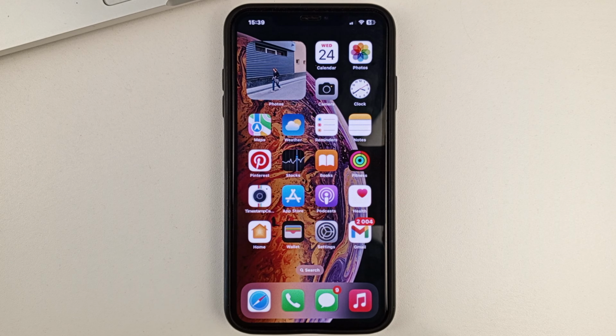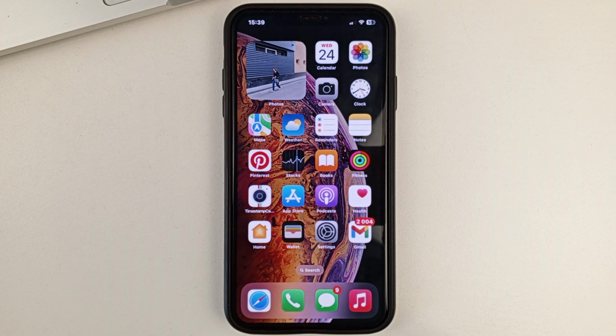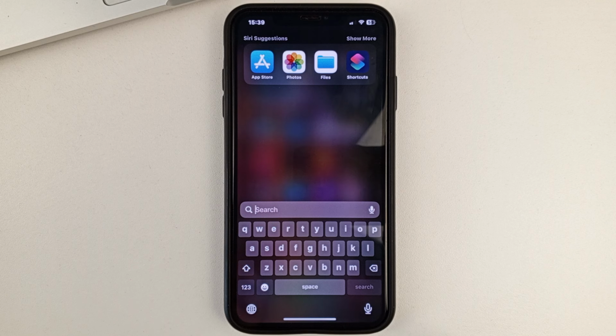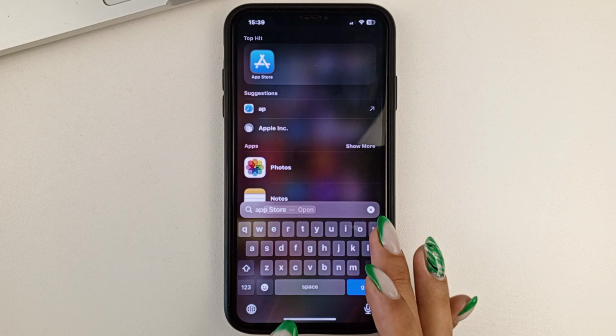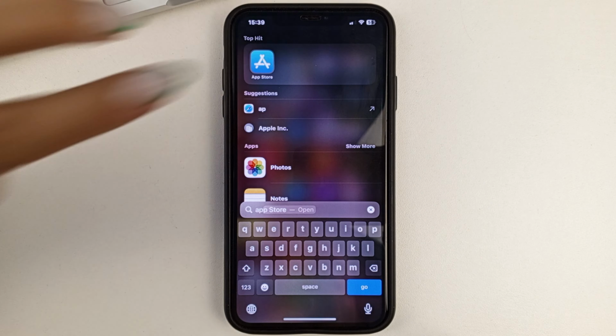application on iPhone. First of all, in order to install this app, you'll need to go to the App Store, which is called the App Store. You can find this app on any iPhone. If you can't find it on the iPhone's work screen, like I did, then swipe down from the top of the screen. And you just type the word App Store into the search box. And as you see this app, it appears at the top. Tap on it to open it.